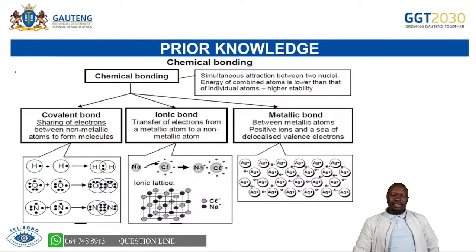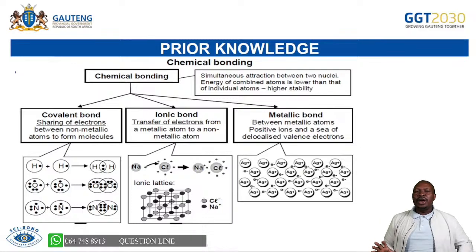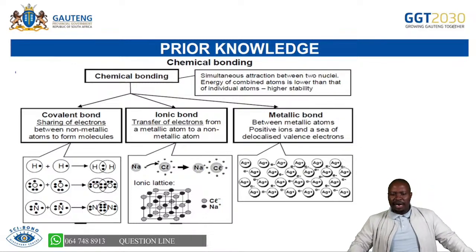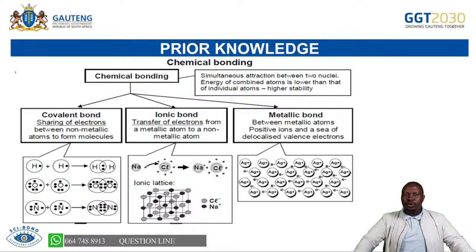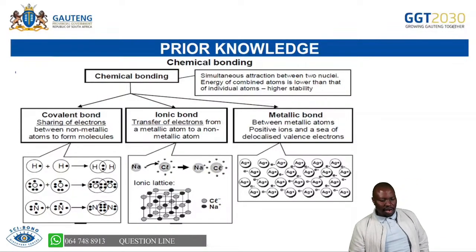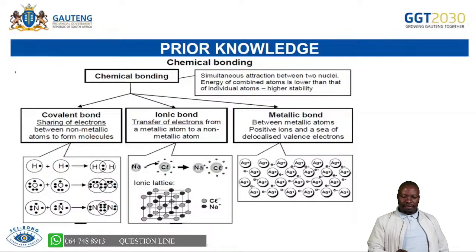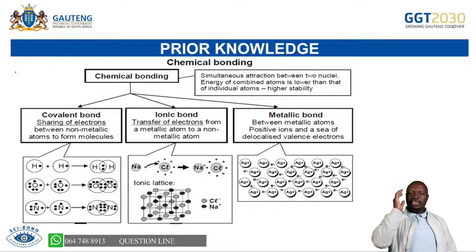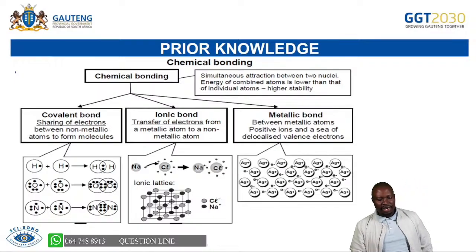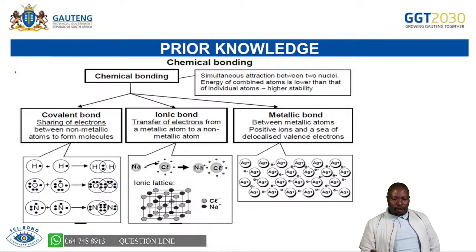Now, this prior knowledge, you have done chemical bonding. It is very important that you have an understanding of the chemical bonding that you did in grade 10. You did covalent bonding, as I indicated, which is a sharing of electrons between non-metallic atoms to form molecules. Sharing of electrons, we said, is covalent bonding, and organic chemistry is based on this covalent bonding. You did ionic bonding, where there was transfer of electrons,